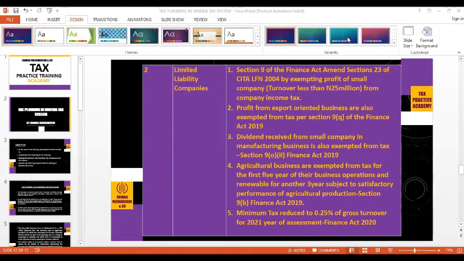So, in that case, if there's interest received, you have to add it together. If there is anything received as a result of the operating activity of the company, you have to add it together to give you the gross turnover for the purpose of minimum tax before you now deduct your franked investment income. So if you have royalty, dividend, everything that comes in, you add it together. So meaning that for the purpose of minimum tax, you have to compute your gross turnover for the purpose of minimum tax. Thank you. Mr. Obina, you can take it from me.